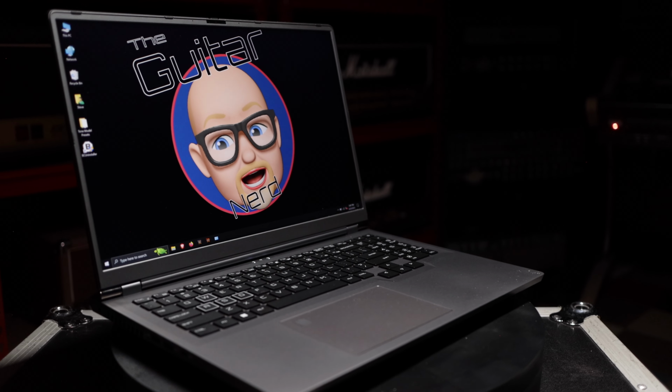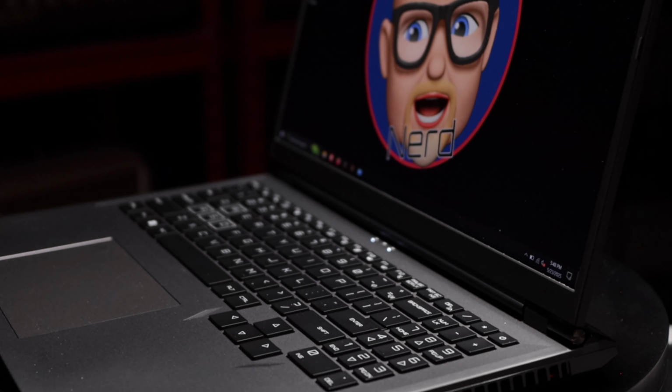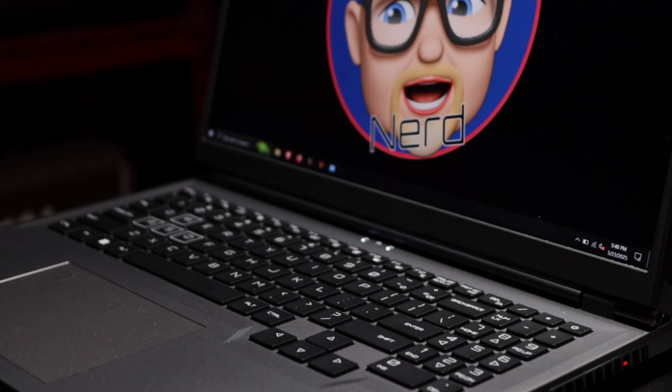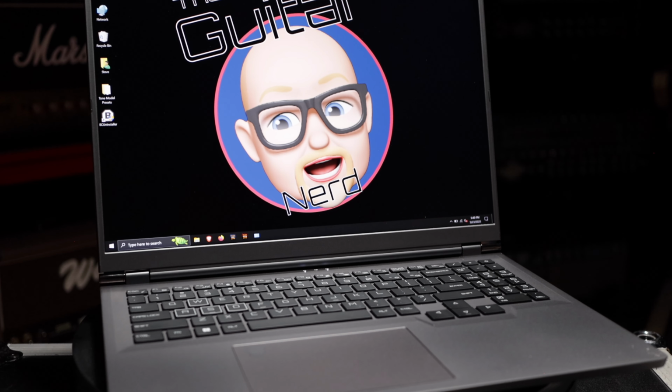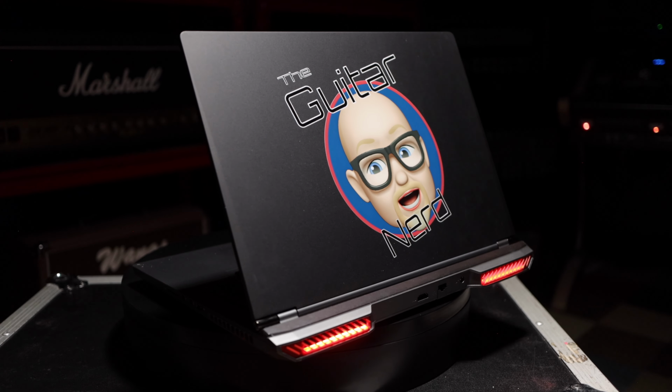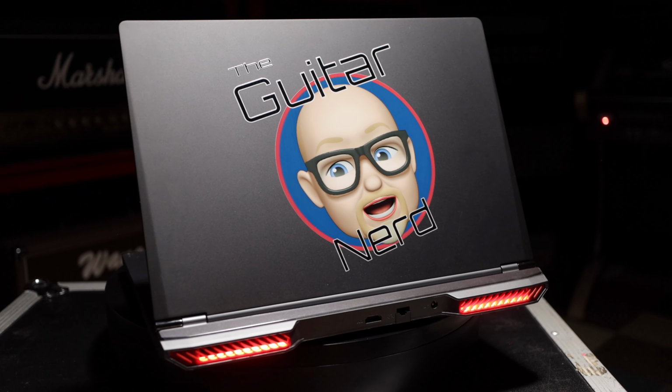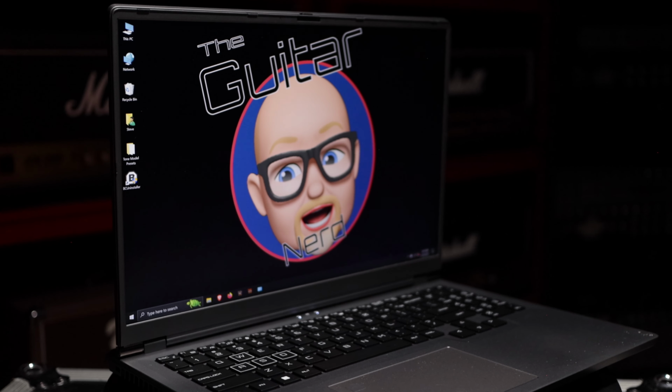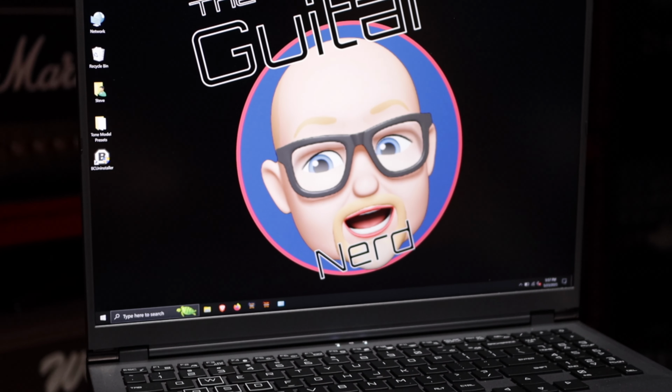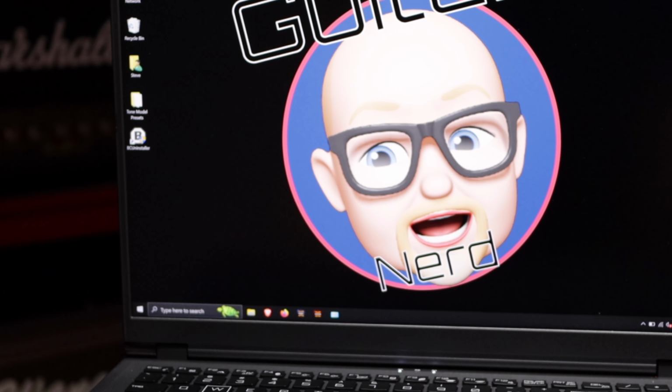So, what did I end up going with? I'm glad you asked. This is the Kreative Devices Notebook Pro G16. It's got a beautiful 16-inch display. It's packing a 12th generation Intel i9 processor, which can run up to 5 gigahertz, and there's 64 gigabytes of 48 megahertz DDR5 RAM and a 2 terabyte SSD. As for the GPU, it's packing an NVIDIA RTX 4060, so for creating ToneX amp models, it should be blazing